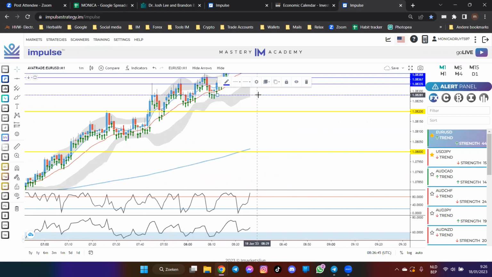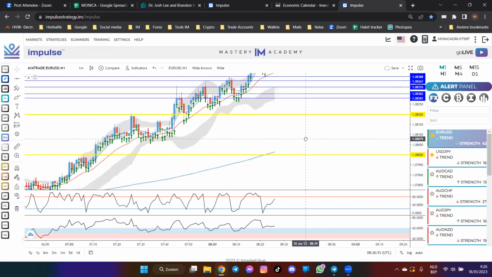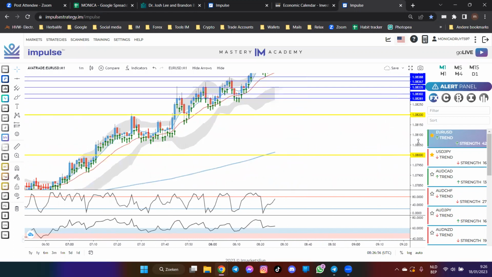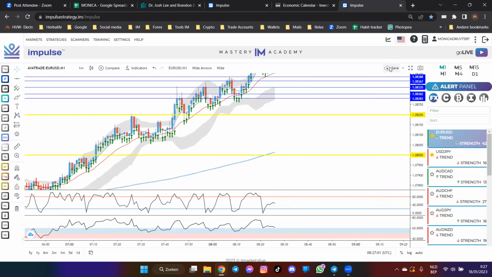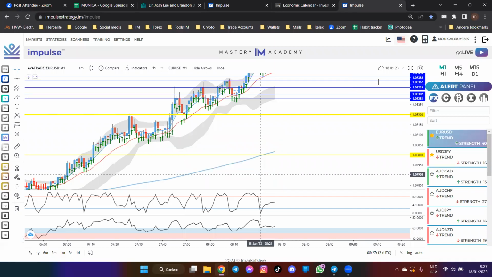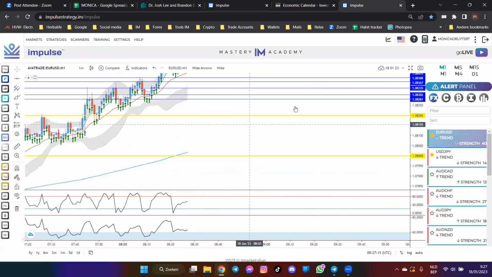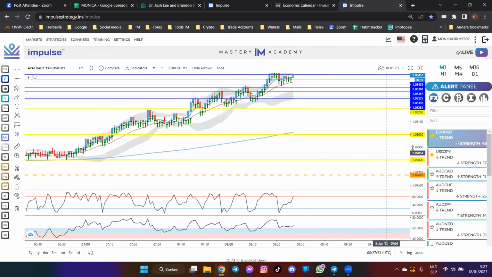I have a question at this point. When you reload impulse, is it always set up, with the lines or no? When you just shut down your computer and reload, for example, does it stay always set up? No, you have a save button here. So when you do these things, please save it, give it a name. I always give it the name of the date. So if you adjust anything, you see now this chart, I can find it right here. So when you start in the morning, you just have to open up your chart and there it is.